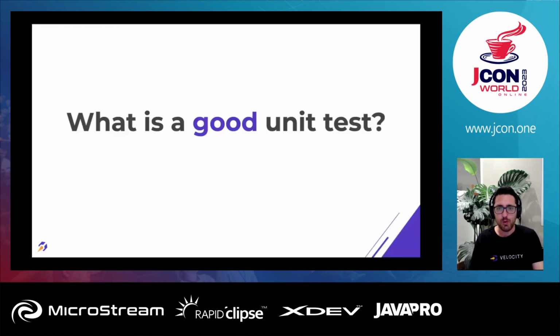So what is a good unit test? Specifically, a good unit test, first of all, should be automated and repeatable. You can run it every time and really fast. It should be easy to implement. Anyone should be able to run it at the push of a button, as many times as they want. It should run quickly. It shouldn't take a lot of time. And it should always return the same result if you don't change anything in the code.